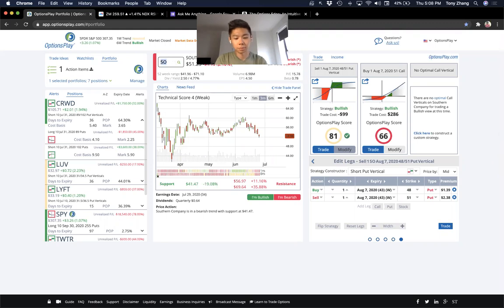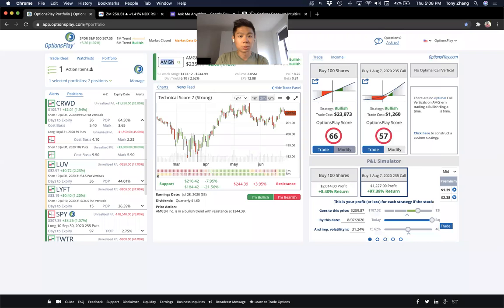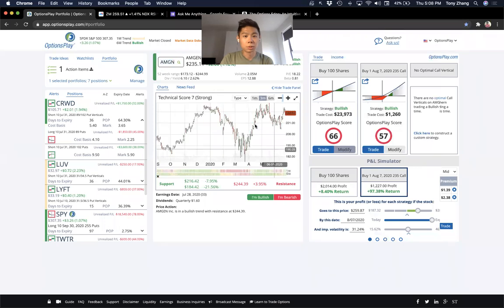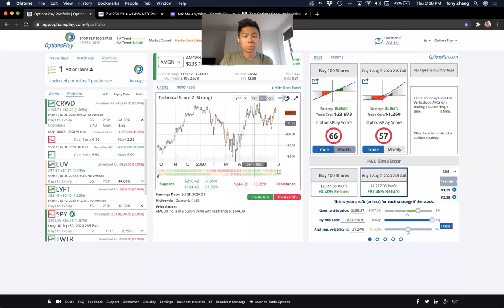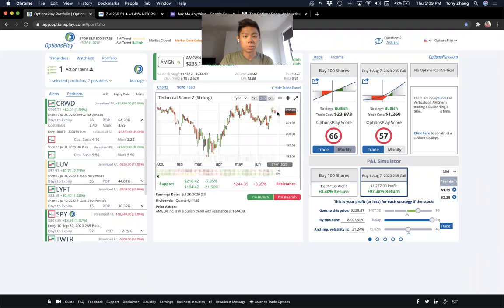Amgen. So as far as the pharmaceutical names and the medical names, my preference is not to pick individual names. I think sometimes it's a bit of a crapshoot picking individual names in this particular sector. Amgen, very neutral stock, doesn't have a particularly strong bullish or bearish view. I don't have a strong take here on Amgen from a fundamentals perspective, so I don't really have a whole lot to comment here, unfortunately.